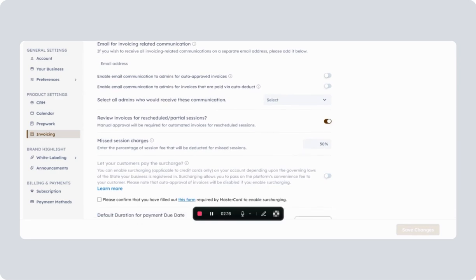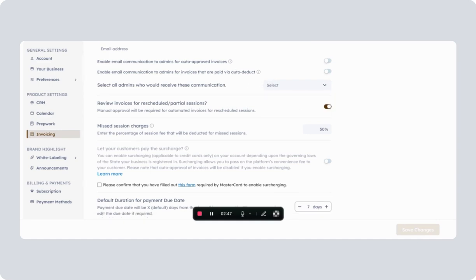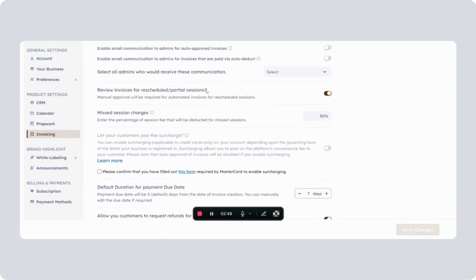There are some organizations which have multiple admins. So in this option, the admin can select which admins would be receiving these email communications. If they select this drop down, there will be users who would be listed. You can see that currently this particular organization just has a single admin, so nothing is being shown in the drop down. But for organizations with multiple admins, the admin can select the users, and depending on whoever is selected, they will be receiving the email notifications for these invoices.